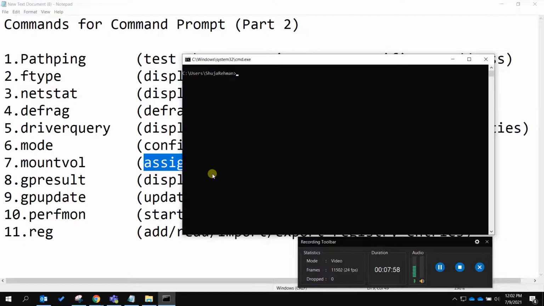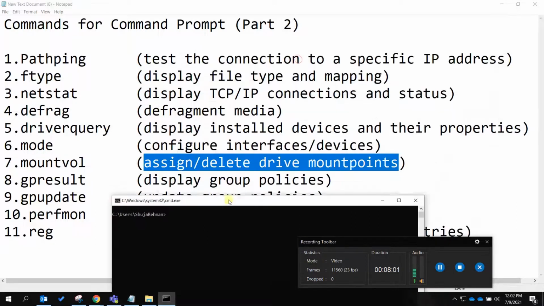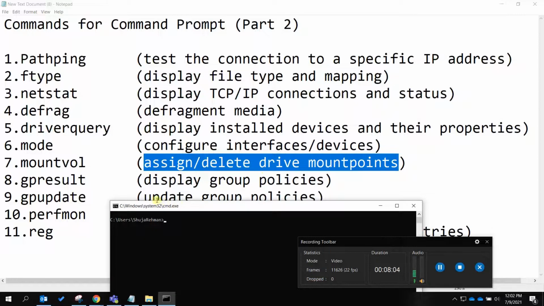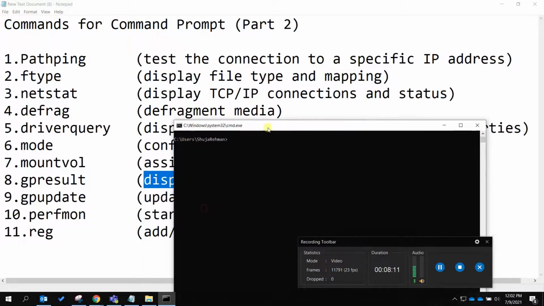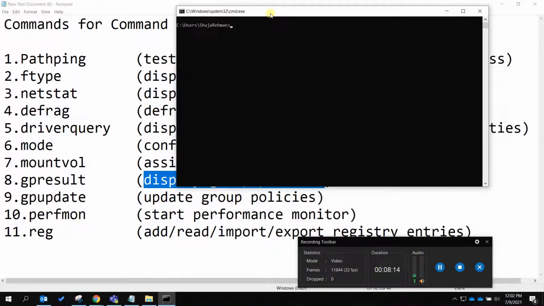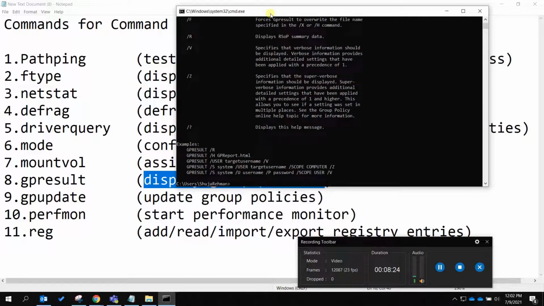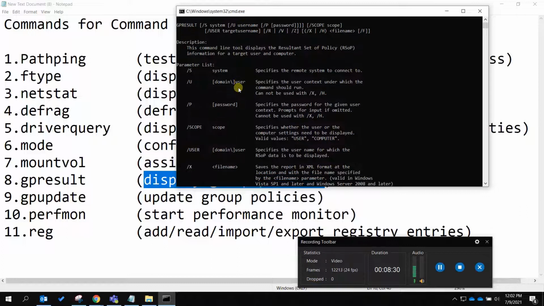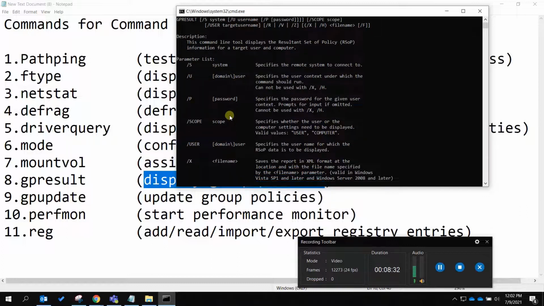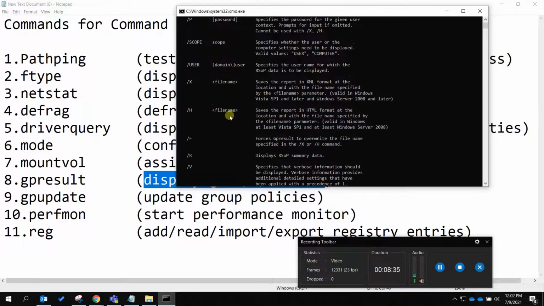The other one is gpresult. This command will display all the group policies. GP stands for group policy, and this command will show how many group policies run on your system. So I am typing gpresult here. Here are all the group policies and their parameter list, system settings, and all things.